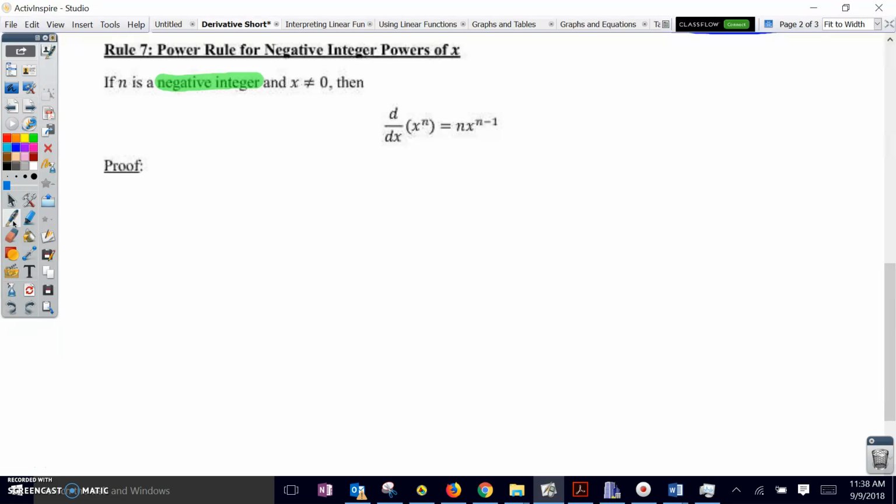So why do we have this whole new rule when we already have a power rule for positive integer powers of x? Well, the proof for the power rule that we first did relied on n being a positive integer, and so we're not necessarily sure that it works for negative integers, and so we're going to prove it. And later on we'll find that the power rule works for any real number, and we won't prove it for cases beyond the integers, but I wanted to show you this proof because I find it interesting. So we are going to suppose that n is a negative integer,